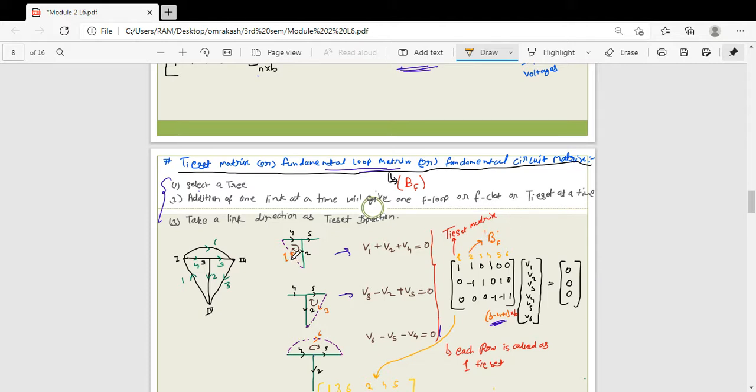Okay, so see here, for this first equation, I can write v1 plus v2 plus